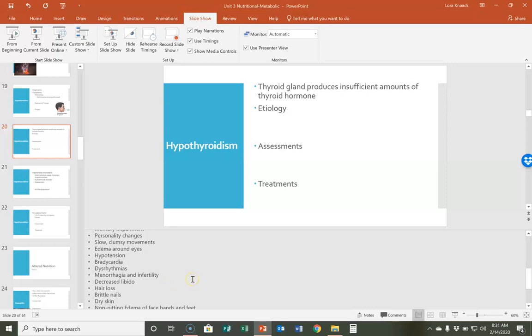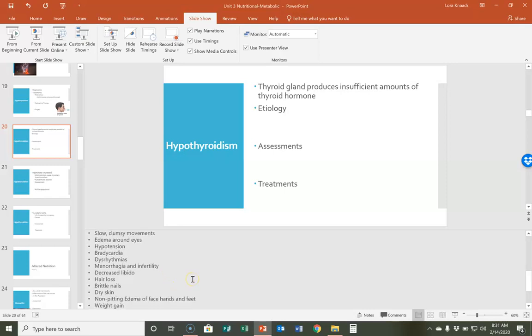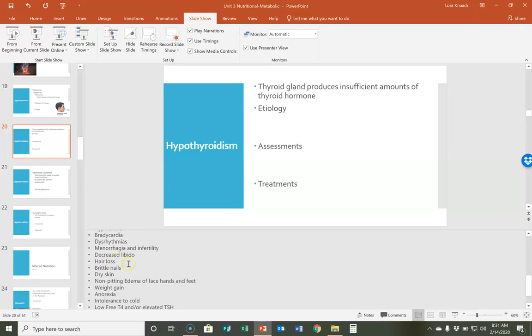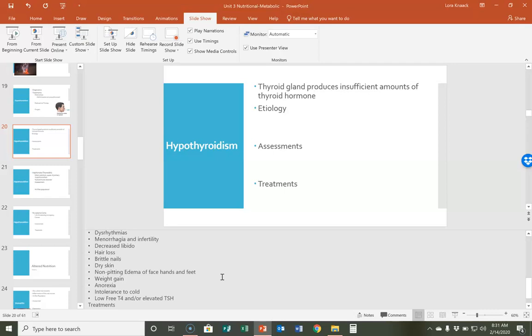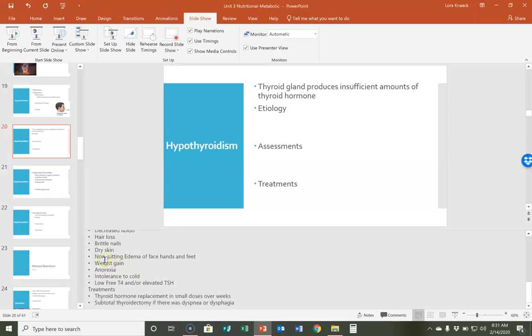Dysrhythmias, menorrhagia and infertility, decreased libido, hair loss. Hair loss is a key one. This is one that we'll see where they're like, well, now my hair just keeps falling out. Brittle nails, dry skin, non-pitting edema of hands and feet. Weight gain is another one of those. Can have anorexia just because they don't have energy to go get food as well. Intolerance to cold is another big symptom there. These people feel cold all the time. Their metabolism is not keeping their